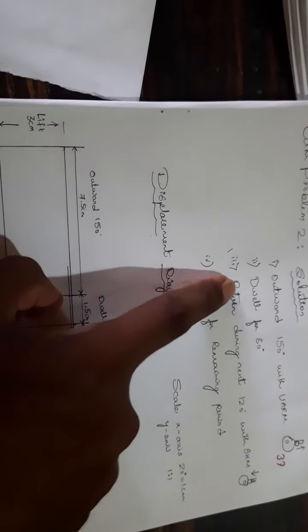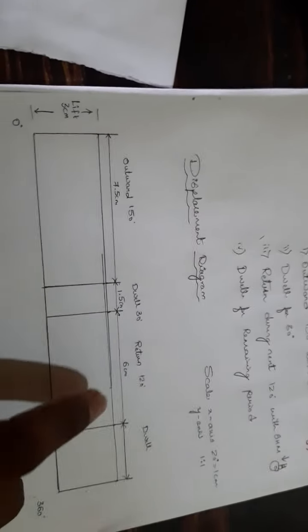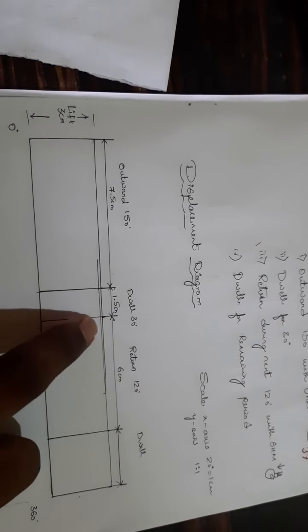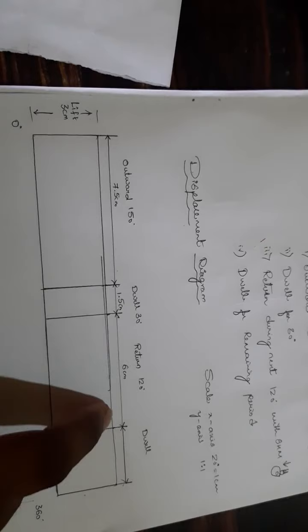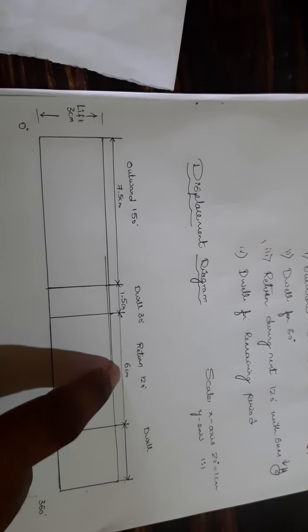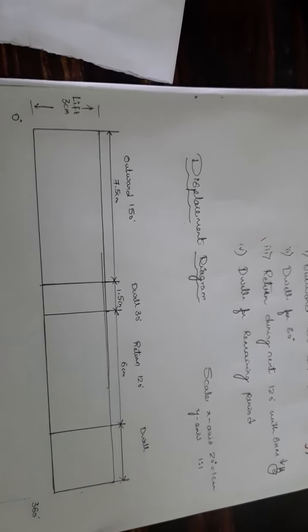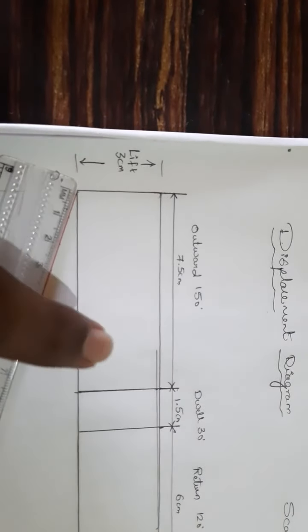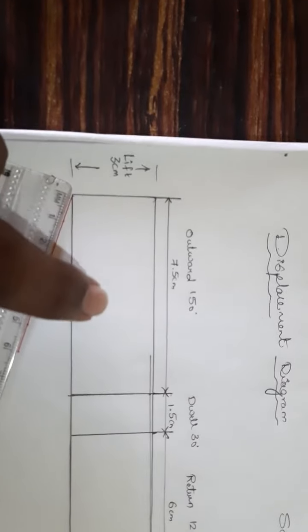Next comes return with 120 degrees. So 120 divided by 20 will be 6 centimeters. So measure 6 centimeter and make a partition. So this part is of return, that is 6 centimeter. Remaining is dwell. Now since outward motion is UARM, you have to draw a UARM diagram curve for this.